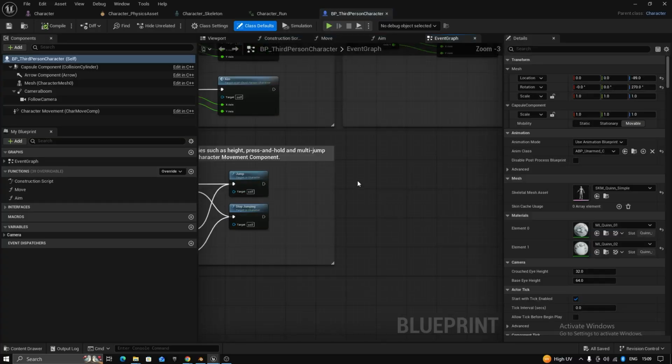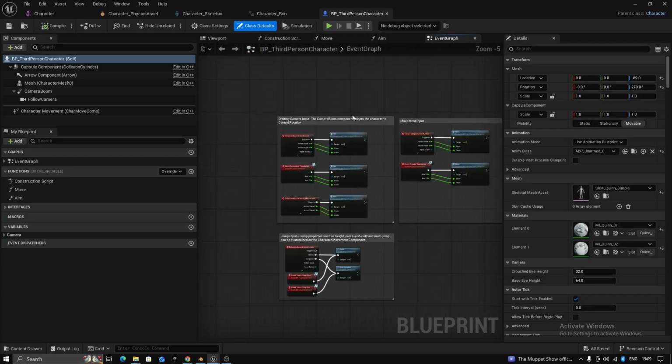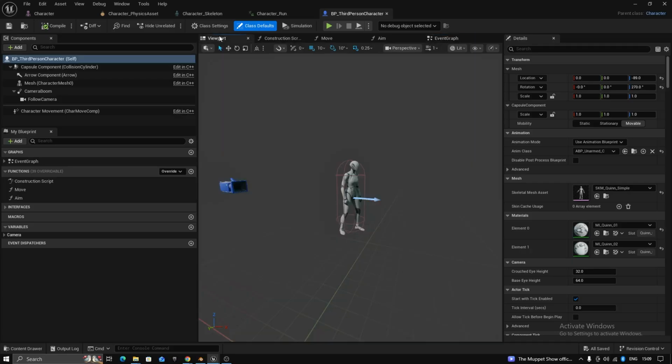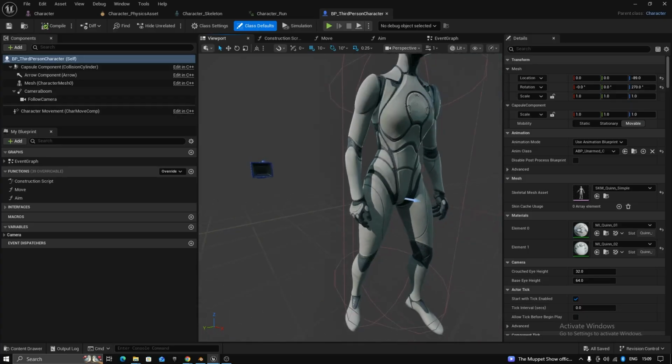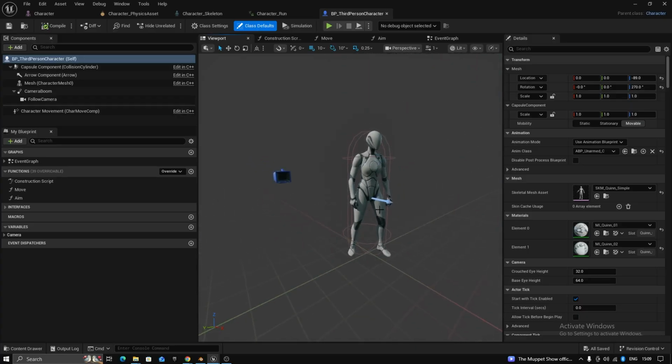We have the logic for jump, movement, everything set up. Okay, so we go to a viewport. As you can see, this is an Unreal Engine mannequin. Now what we want is to replace this with a custom character. So to do that,